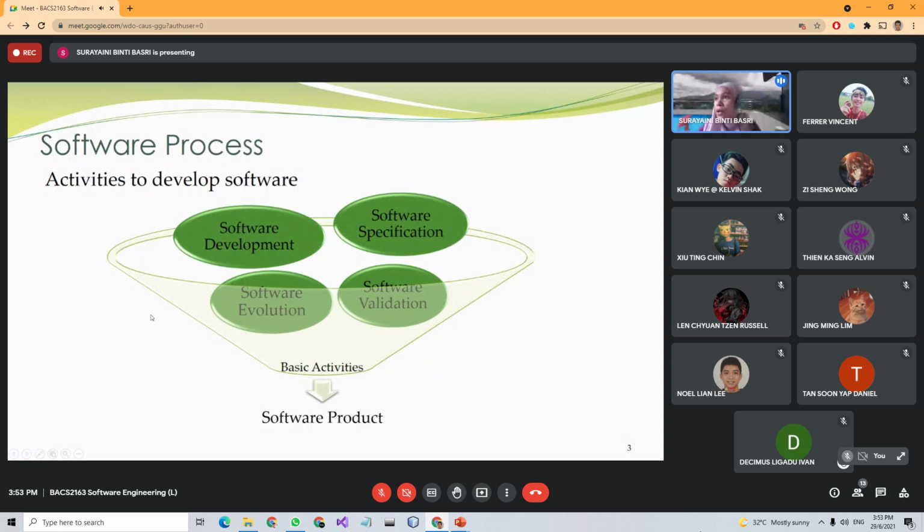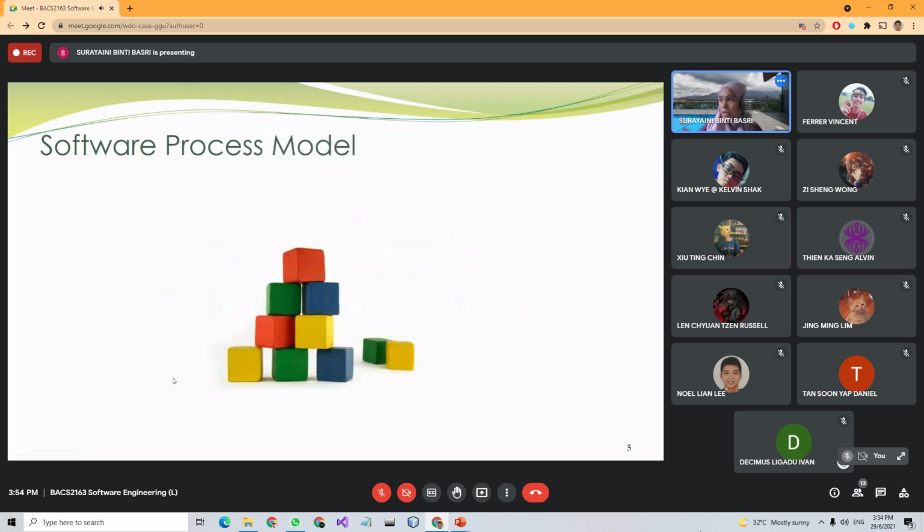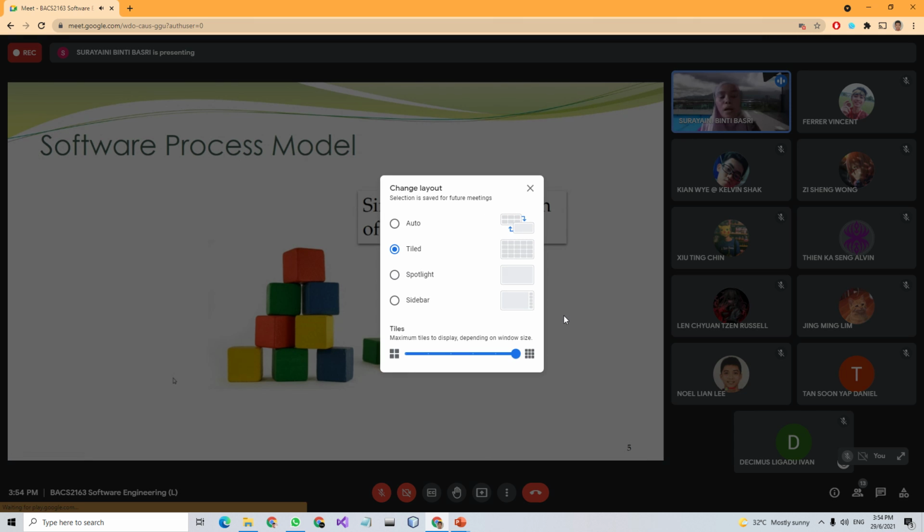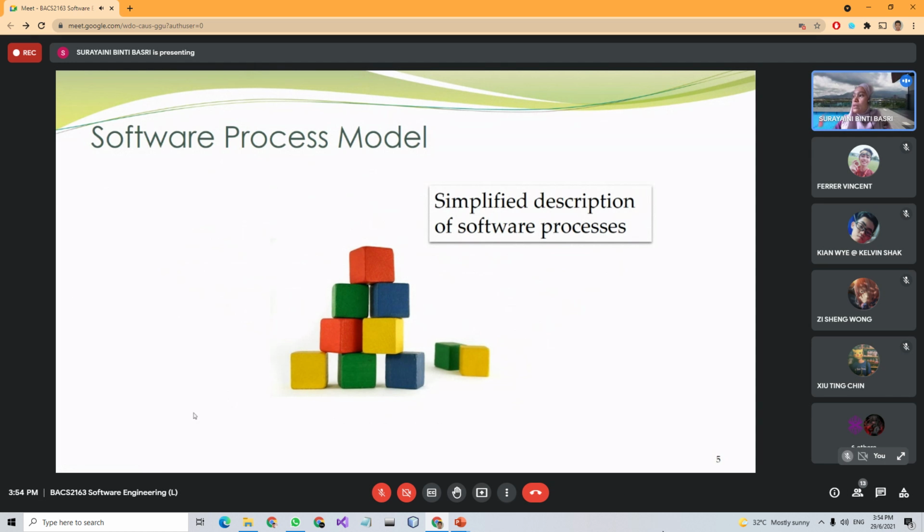Okay, so what is the software process model? Now we are going to understand what software process models are. A software process model is a simplified description of a software process. All of the four processes that we have just learned in the previous slide are simplified, and then it produces some model. The simplified descriptions of the software process are developed based on different perspectives, meaning to say that